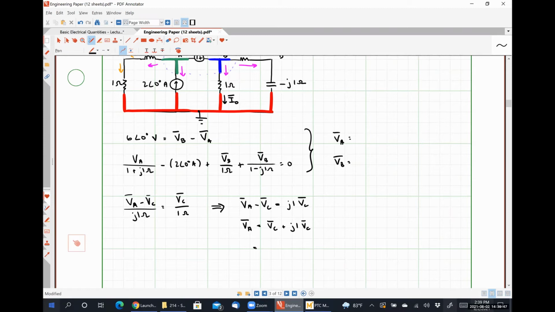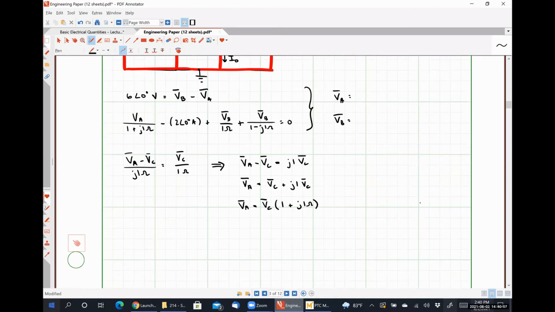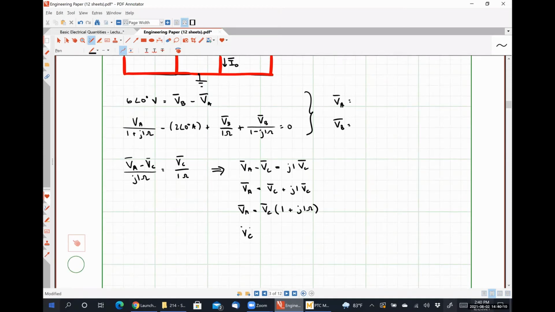I'm going to factor out that common factor of VC, leaving me with 1 plus J1 ohms. So from this, VC is just VA divided by